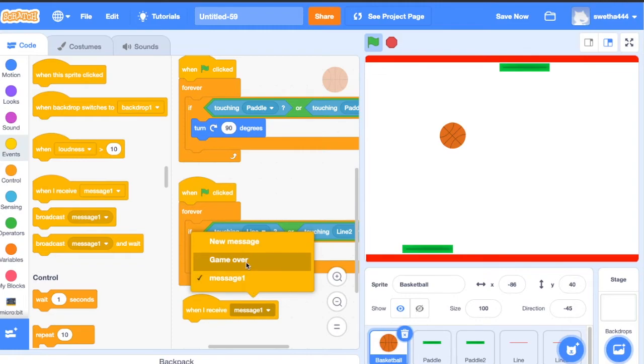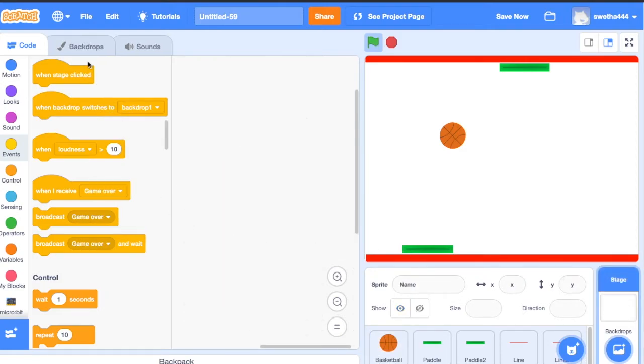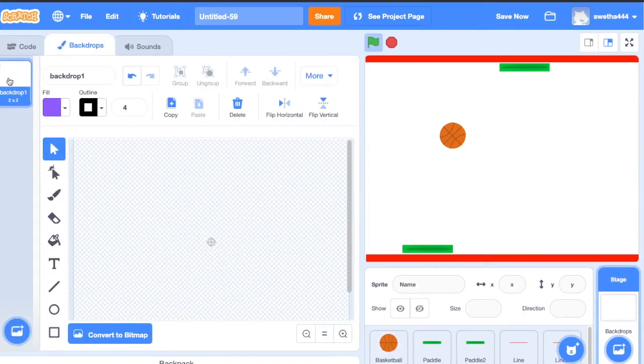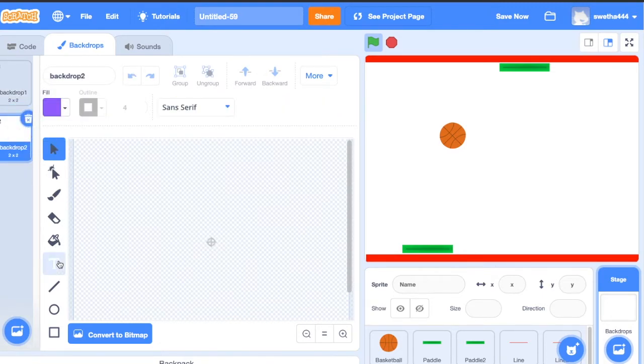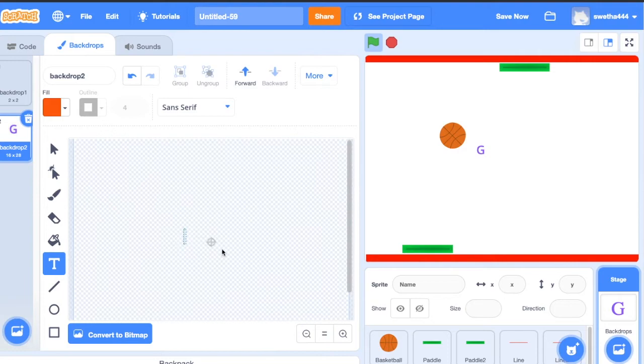message game over. Okay. Now let's add one more backdrop. Click on backdrops. Duplicate the existing black backdrop. Click on text. Game over.